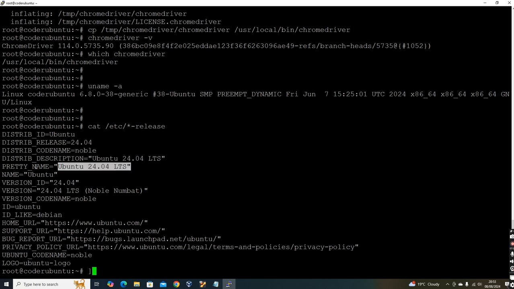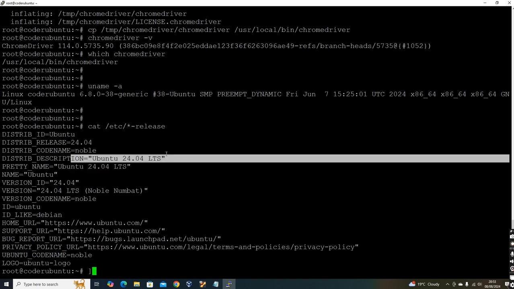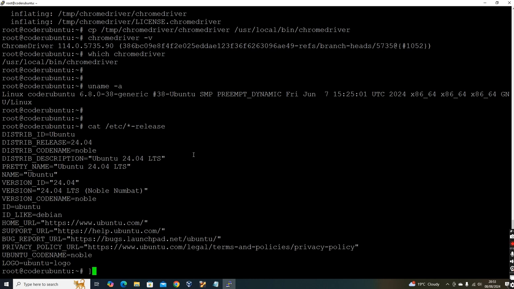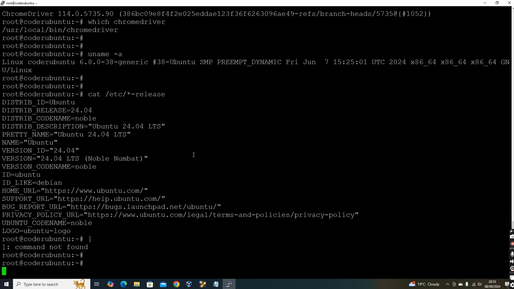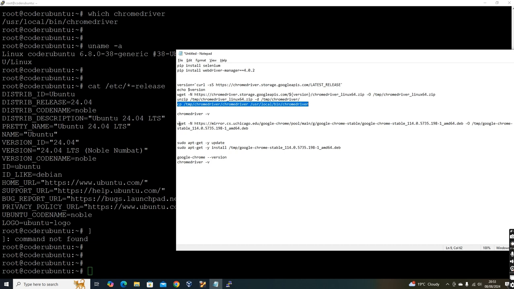So this is the latest version of Ubuntu as of today, but the same steps will work in 22.04, 20.04. So whatever you're using, it works. So now we have chromedriver installed. Now the next step is to install Chrome. As I explained, I have got the URL from